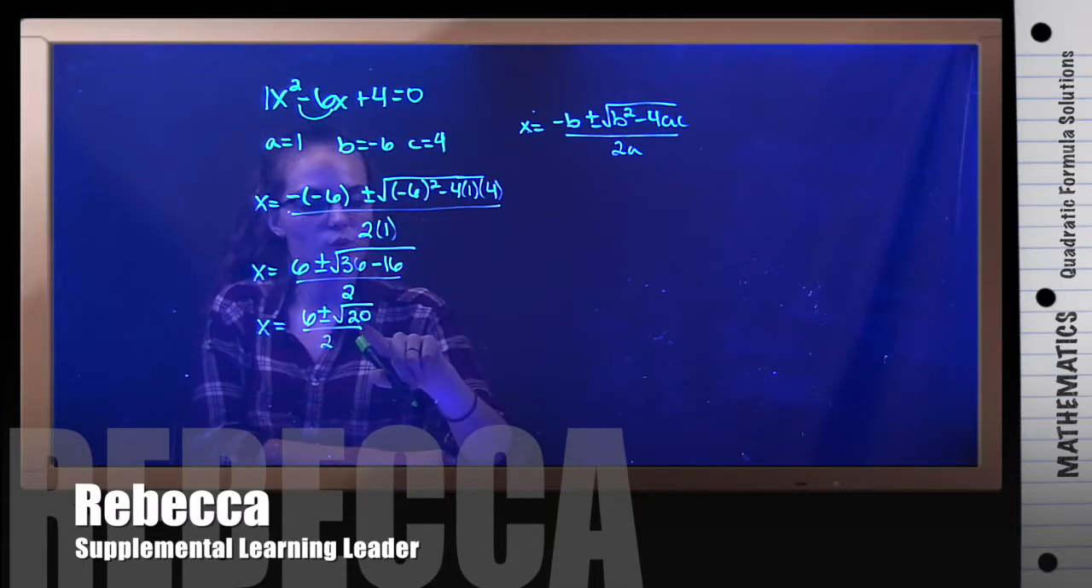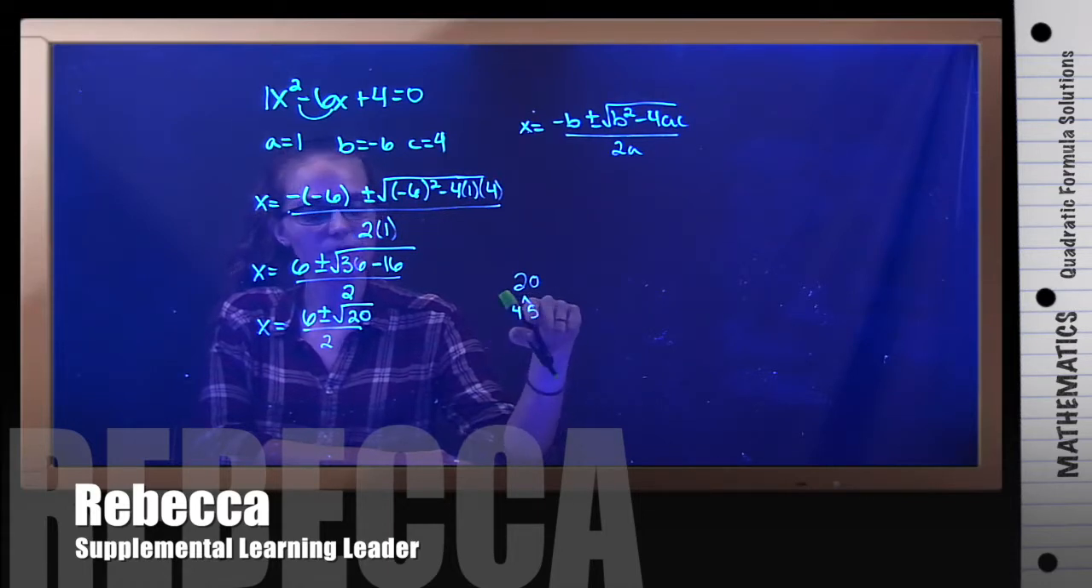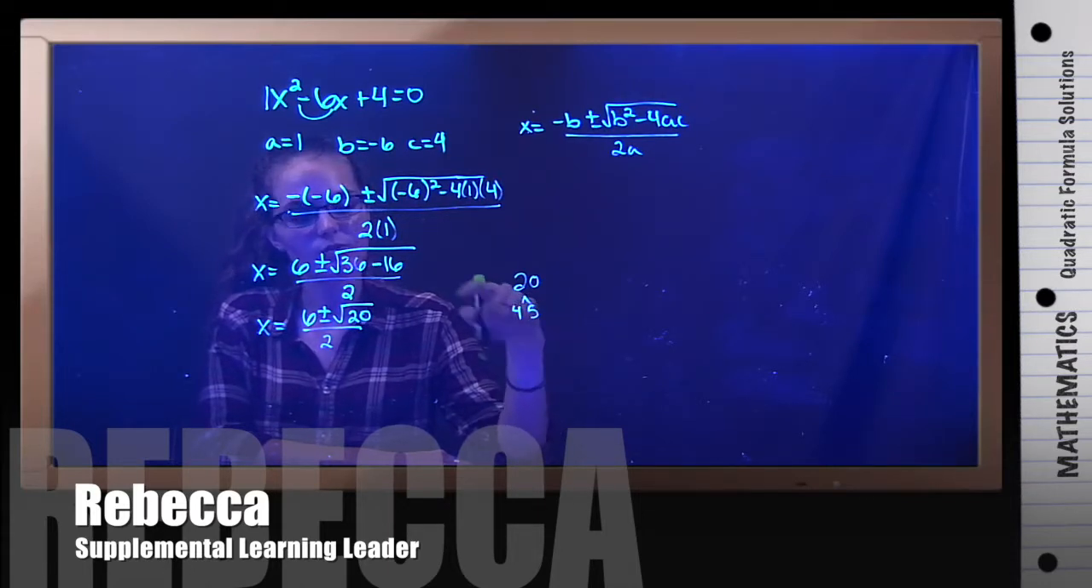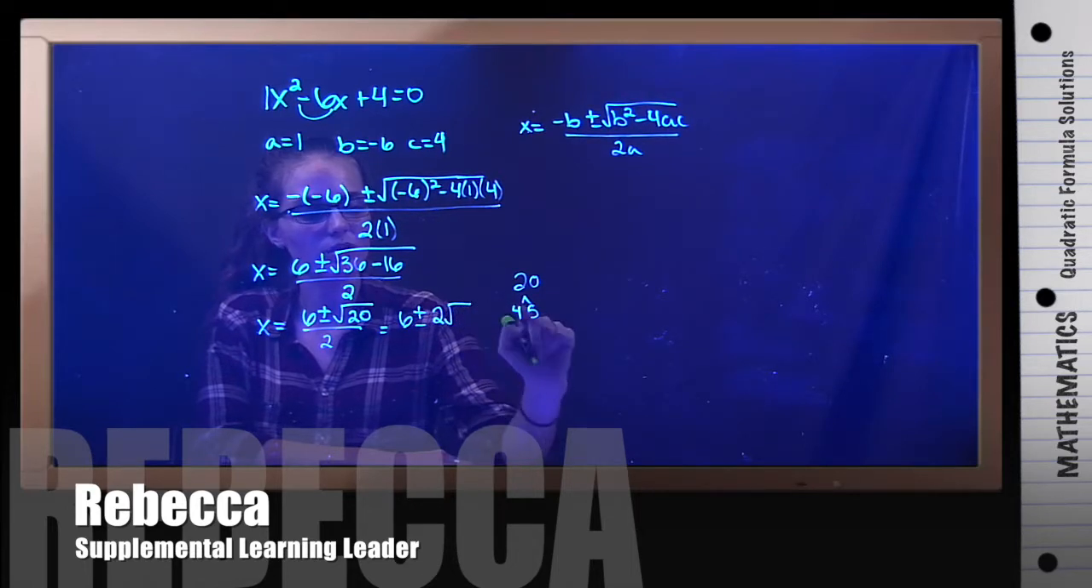Now, because this is 20, and we know that 20 has a perfect square in it, being 4, 20 is 4 times 5, so we can take out the 4. So we have 6 plus or minus, and then the square root of 4 is 2. And then we still have the square root of 5, because 5 is whatever's left